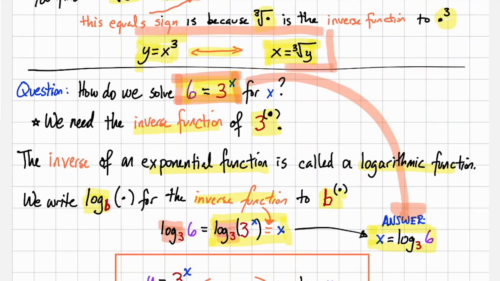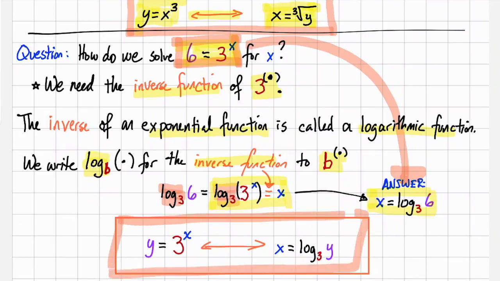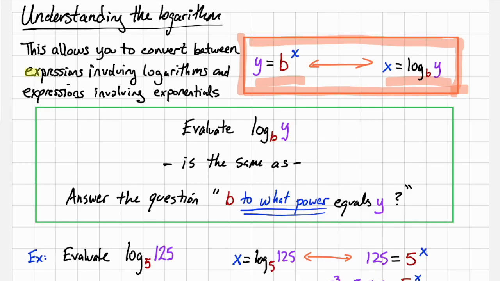And so just like here when we said that y is equal to x cubed is equivalent to x is equal to the cube root of y, we also have that if y is equal to 3 to the x, then that's equivalent to x is equal to log base 3 of y. And this expression works for all bases b. y is equal to b to the x is equivalent to saying x is equal to log base b of y. And what this lets you do is it allows you to convert between expressions involving logarithms and expressions involving exponentials. So if you're asked to evaluate log base b of y, that's the same as answering b to what